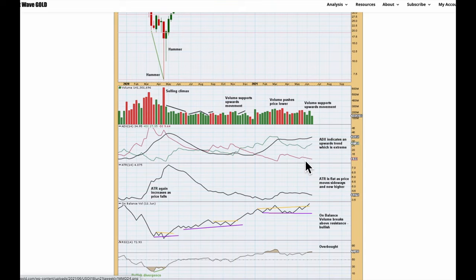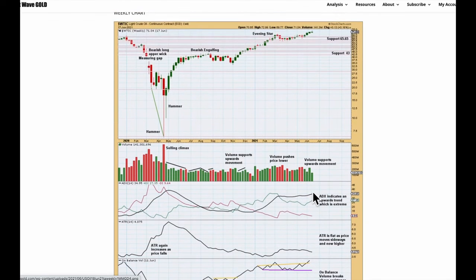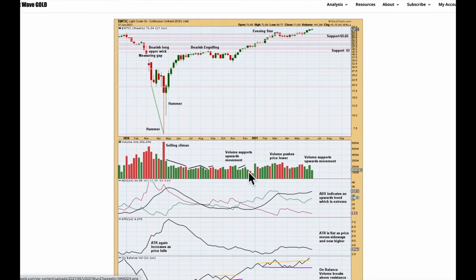It's above both DX lines though, so the trend's extreme, but it's not above 45, so the trend is not very extreme, and this market can reach a very extreme trend and sustain it for quite a while. ATR is flat as price moves sideways and now higher, and I'm learning, because most of the time I've been analysing oil, it was in a bear market and now it's in a bull market, and I'm learning that it may be behaving like the S&P